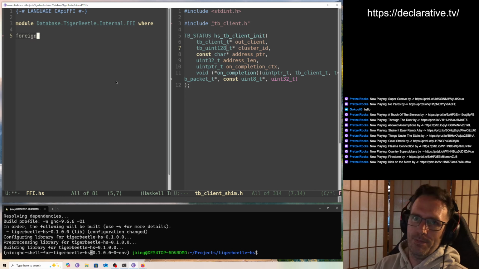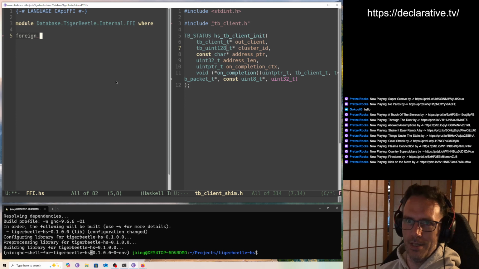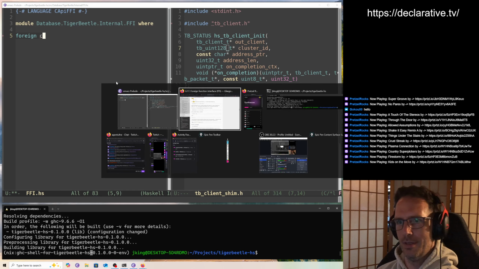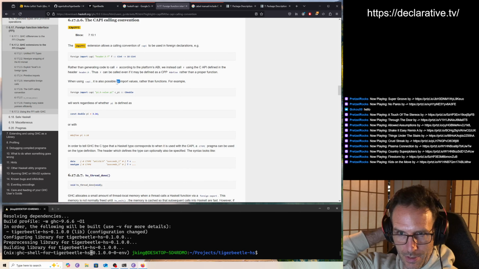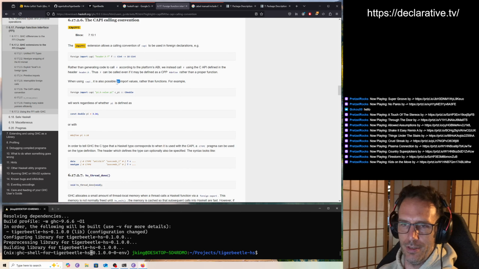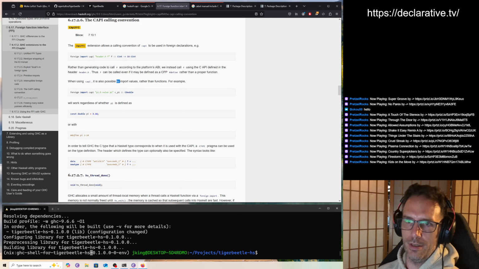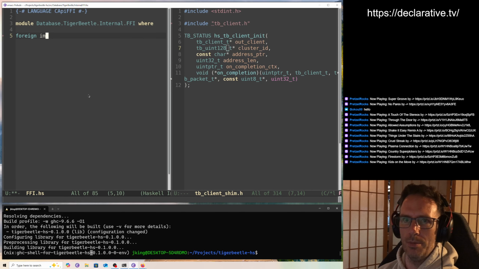So I don't know. If I was writing an interface for my database, I don't own TigerBeetle, so I'm just saying, if I was writing my own, I'd probably write it to make sure that it was just plain standard C, not using any extension types like this. Or I would set the typedef to a structure that is composable, so that it's easier to write foreign function interface code for it. Anyway, foreign import capi,